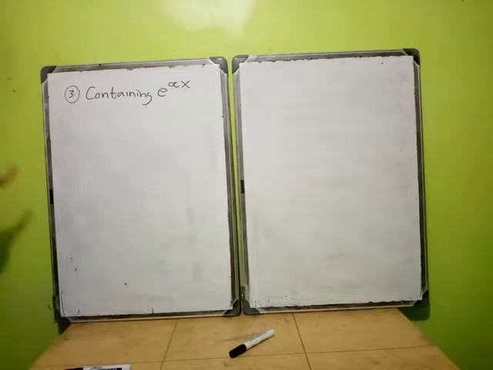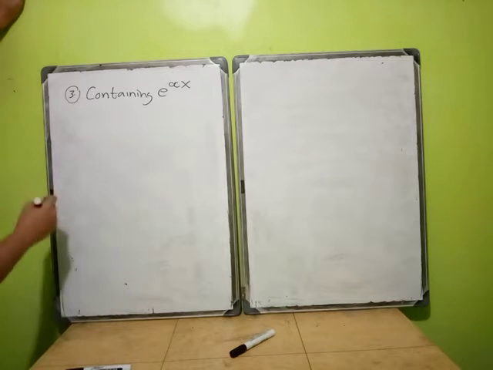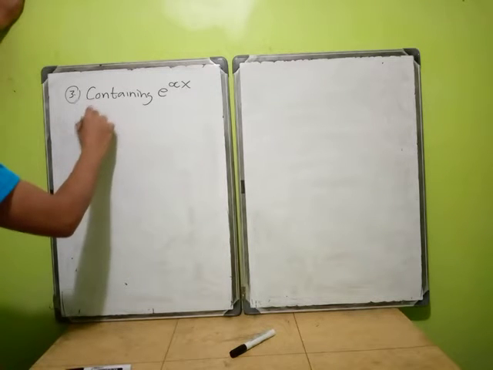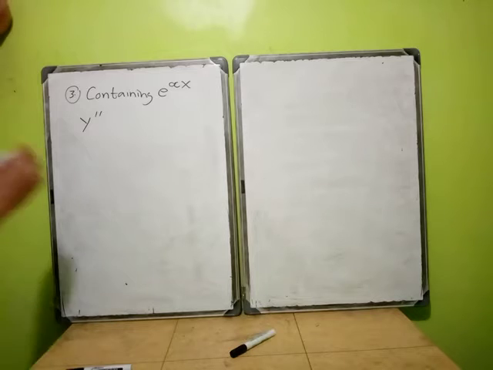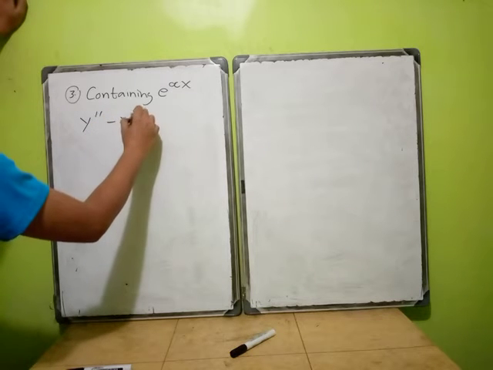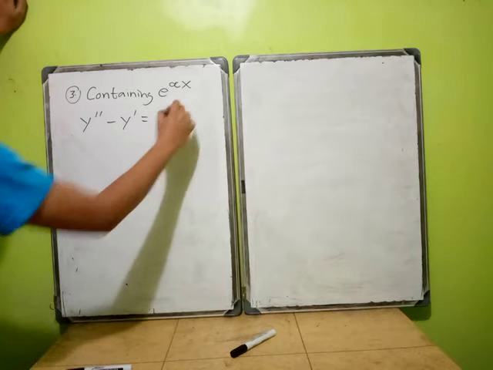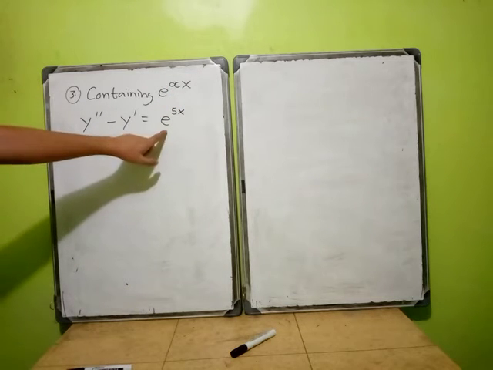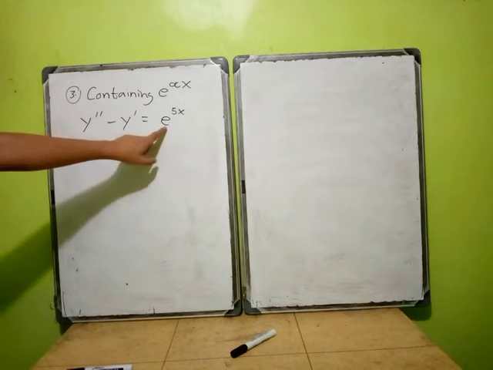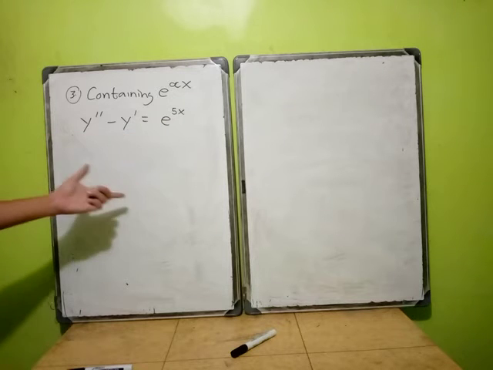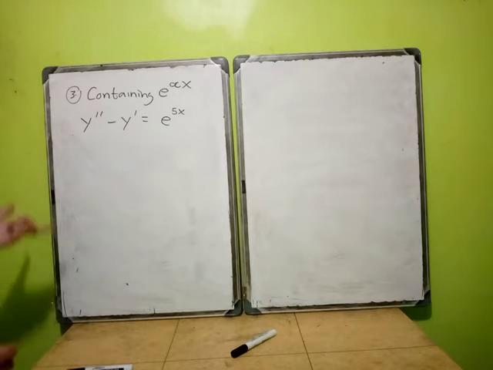Okay, so without further ado, in order to better understand, we need to have an example. So we'll start our first example. Let it be this. It contains a base of natural logarithm, so e to the power of 5x. So if this is the case,